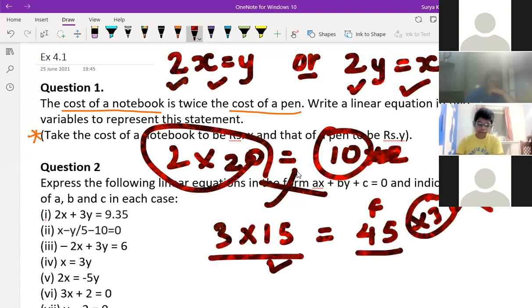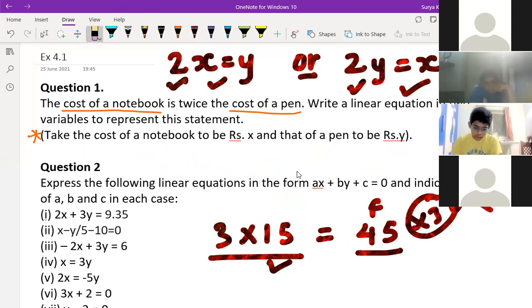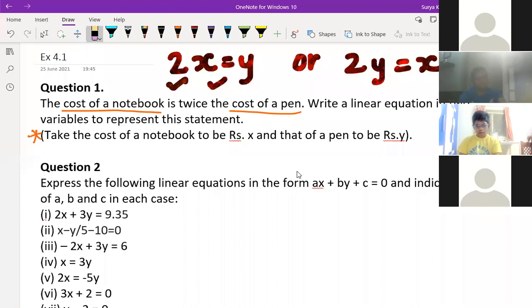Yes, sir. We can take our father's age as x, sir, and our age as y, sir, and x divided by 3 is equal to y. One minute. First we are discussing this, so concentrate, Sahil. Then you ask your question after one second. If one thing is not finished, you ask about that one. Ask your question, but wait for a minute.